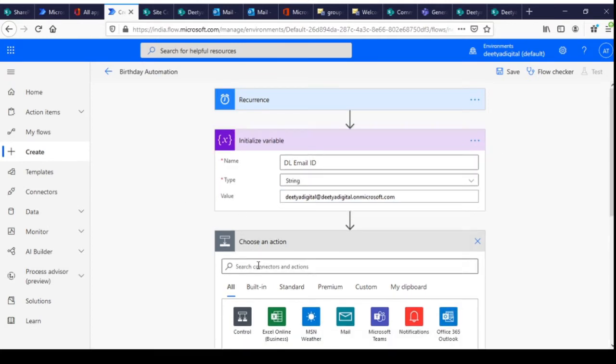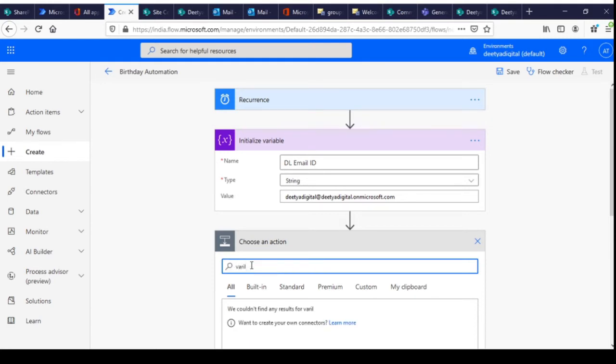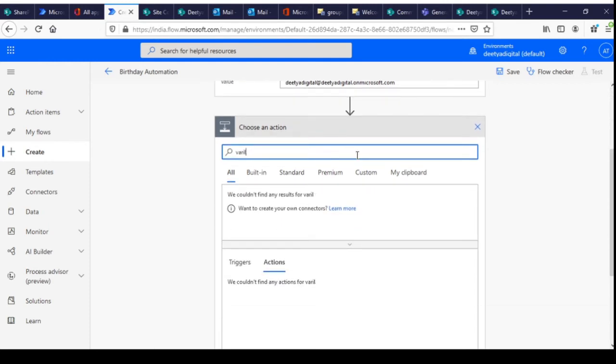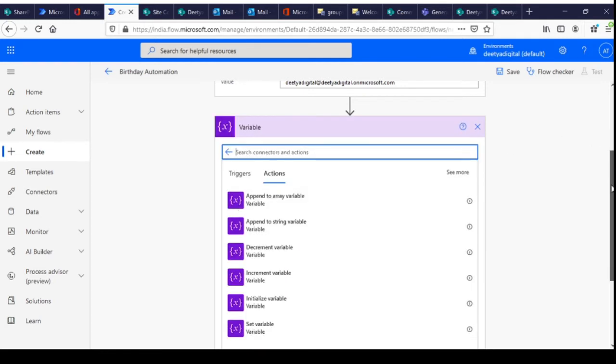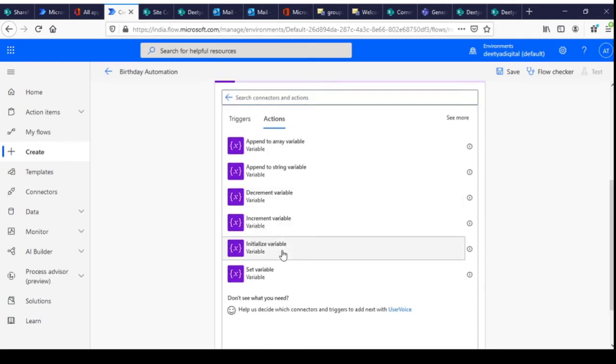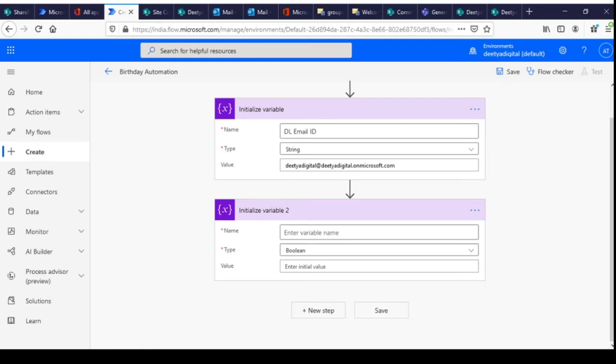So now I'll declare one more variable. Initialize variable.